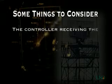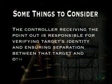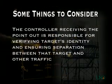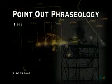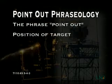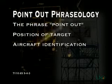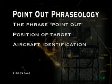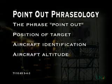The controller receiving the point-out is responsible for verifying the target's identity and ensuring separation between that target and his or her other traffic. The phraseology for the point-out is as follows. The phrase point out, the location of the aircraft, unless physically pointing at the other controller's radar display, the aircraft call sign, or squawk code if no call sign is displayed, the altitude of the aircraft, and finally, your intentions